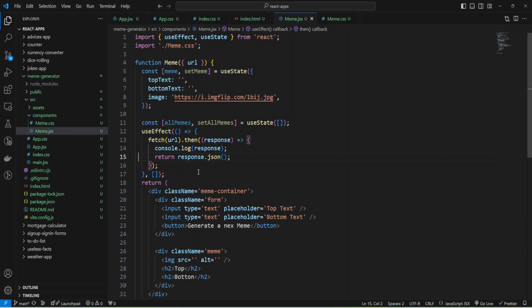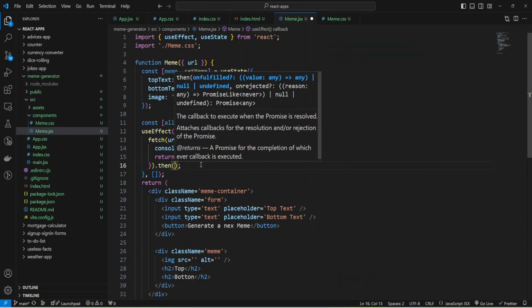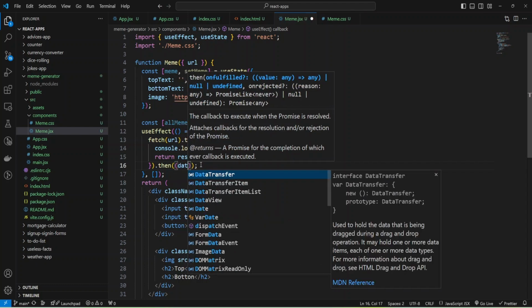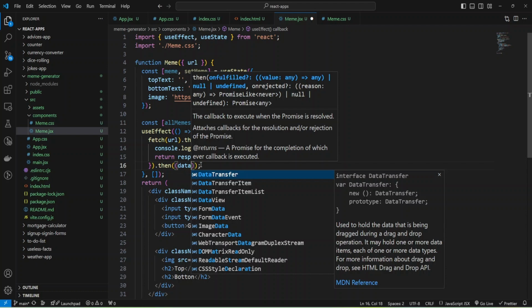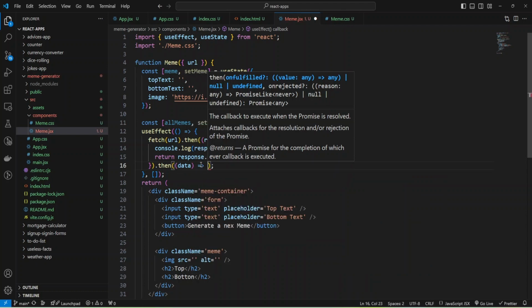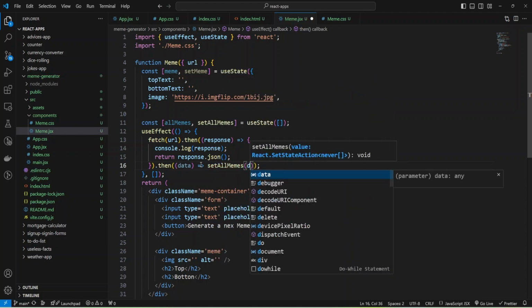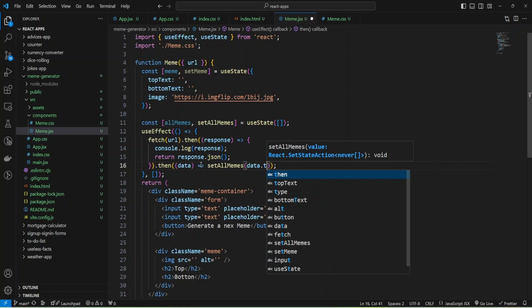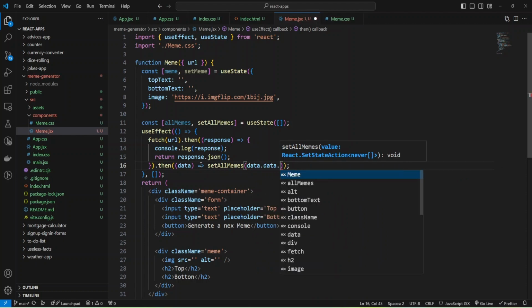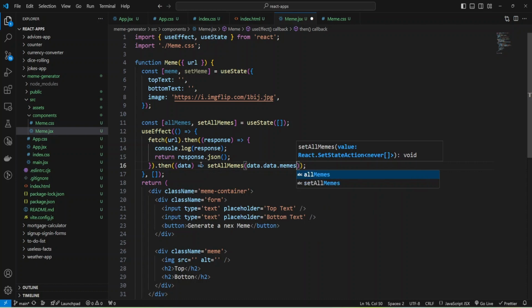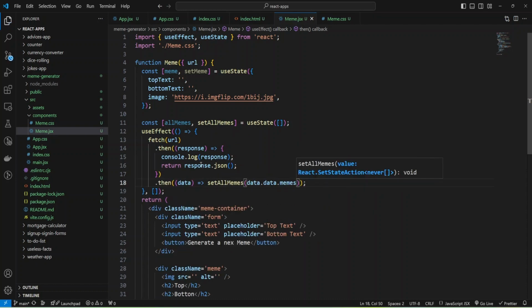And now I can add one more promise and use then, and we'll have as parameter the data that was returned from response JSON, and we can use this data and set all memes to data, and inside we have data and memes as you saw in the response.